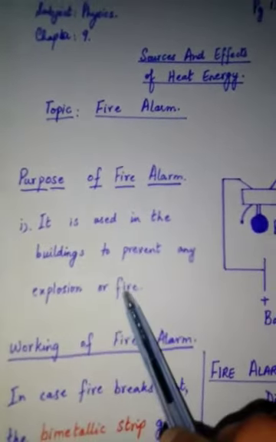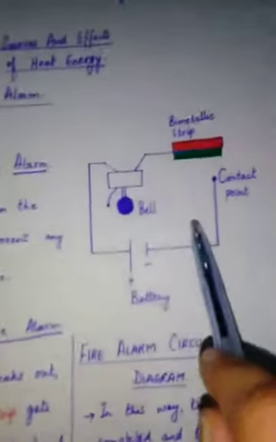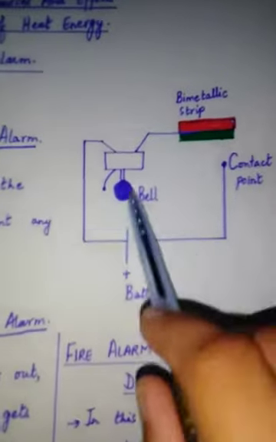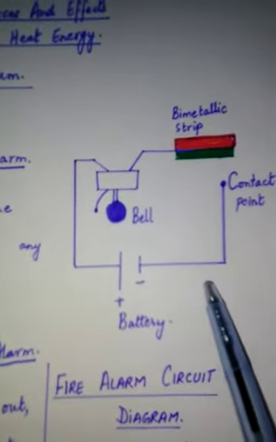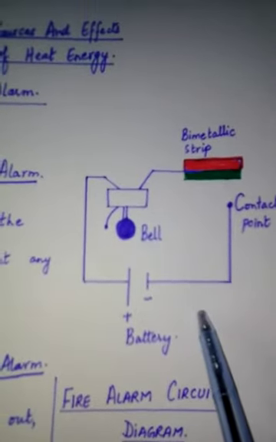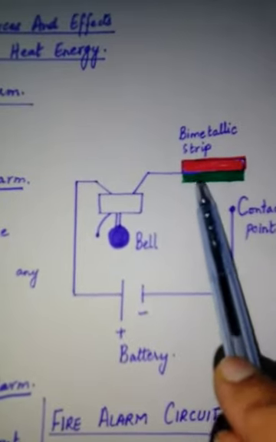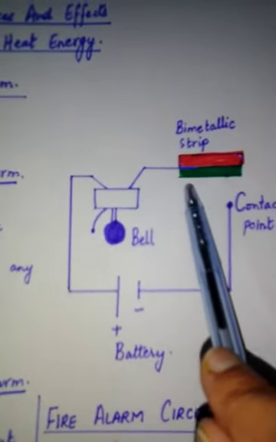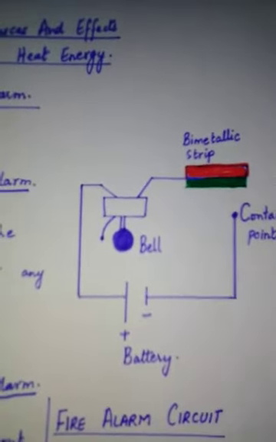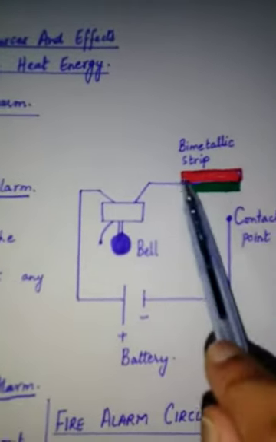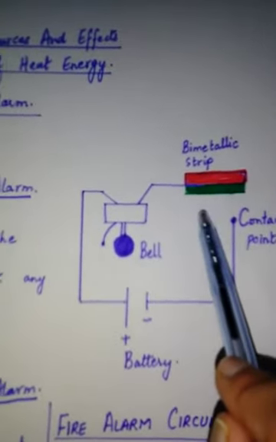So, I will start with the working of fire alarm and we will come towards the fire alarm circuit that is shown here in this diagram. So, I will discuss the working of fire alarm with you now. And in earlier classes, students, we have discussed the use of bimetallic strip and how it is an important part or important requirement in case when thermal expansion has to take place. Now, students, what happens in this fire alarm when in case fire breaks out?